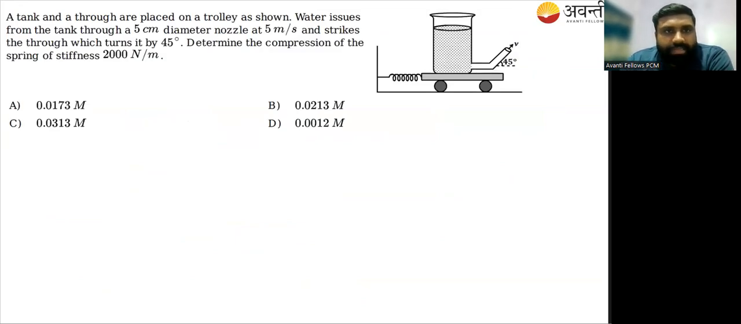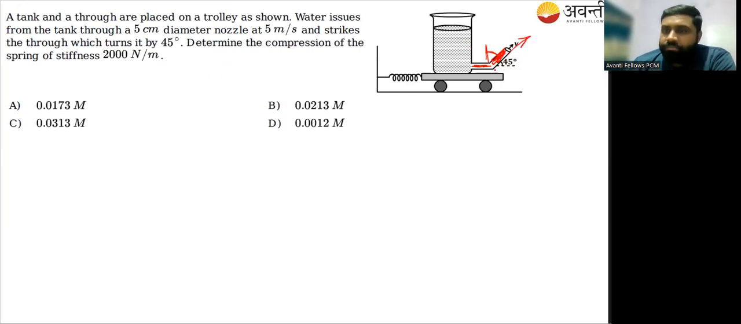A tank and a trough are placed on a trolley as shown. Now water issues from the tank through a 5 centimeter diameter nozzle at 5 meter per second and strikes the trough, which turns it by 45 degrees. This is the trough actually. This is the trough and this is the nozzle. These are the same diameter. But the difference here is only that this trough is tilted at an angle of 45 degrees. Now we need to calculate the compression of the spring of stiffness 2000 Newton per meter,